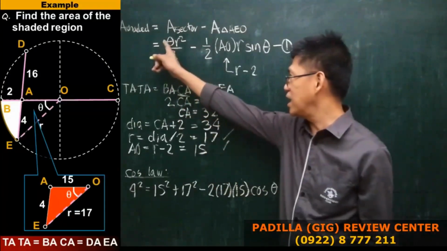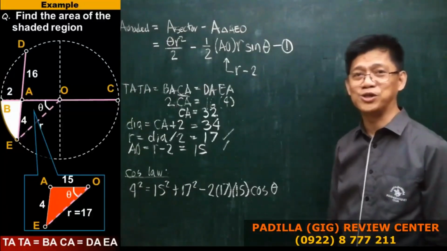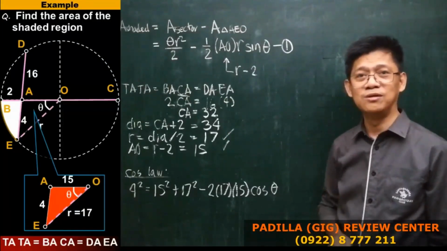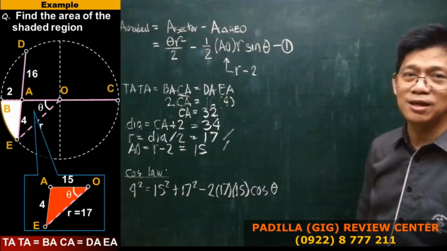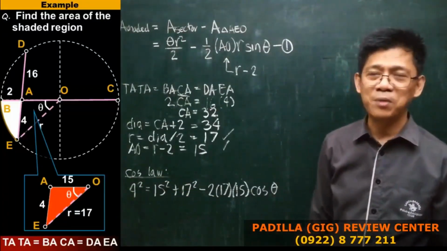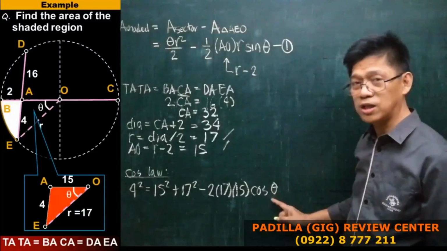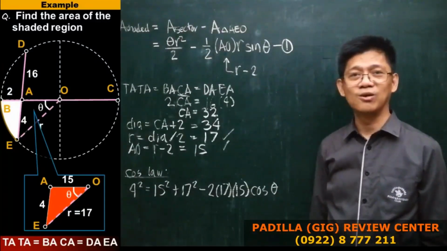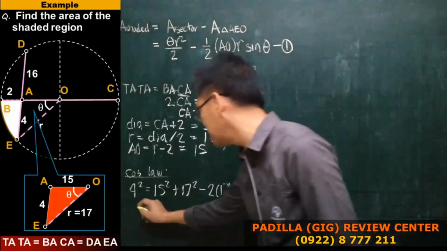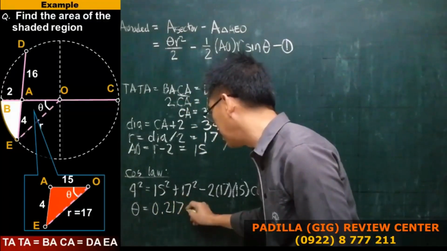Now, since theta na kailangan natin dito is in radians, ang gawin natin para wala na tayong kailangan conversion, yung calculator natin, iset muna natin sa radian mode. So, kung sinet natin yan sa radian mode, tapos sinolve natin to ng shift solve, ang sagot ng theta naka-radian. Pero kung yung calculator mo is naka-degree mode, pagka sinolve mo to, yung theta na lalabas is in degrees. Kuha? So, kapag naka-radian mode, theta is going to be 0.217